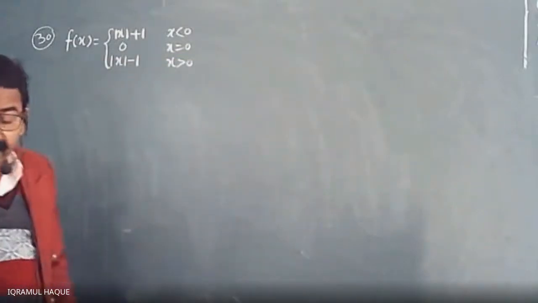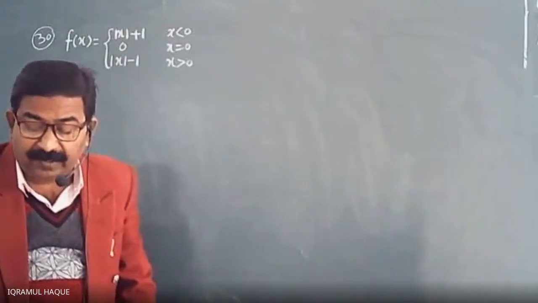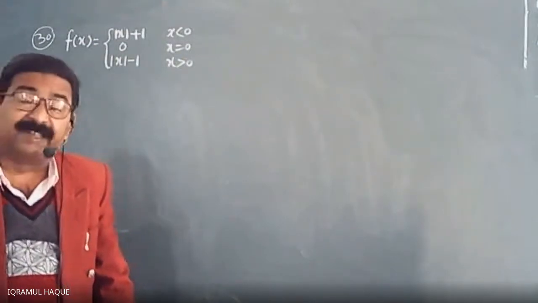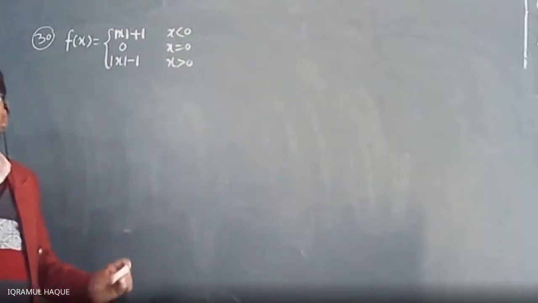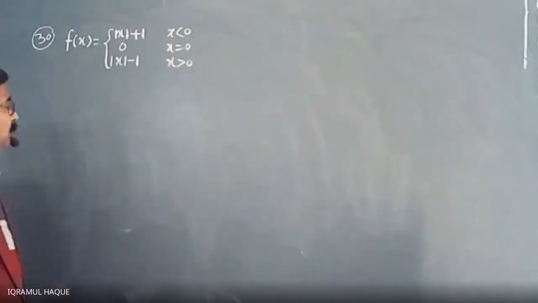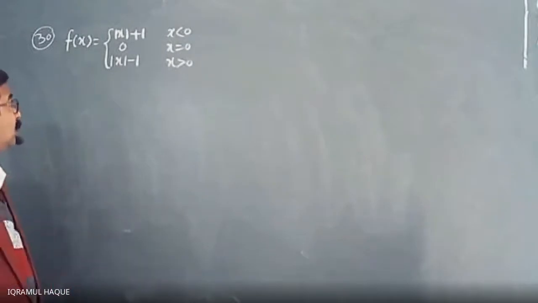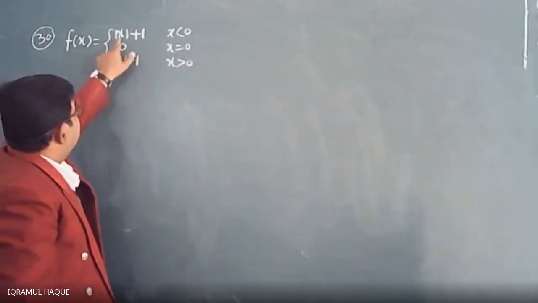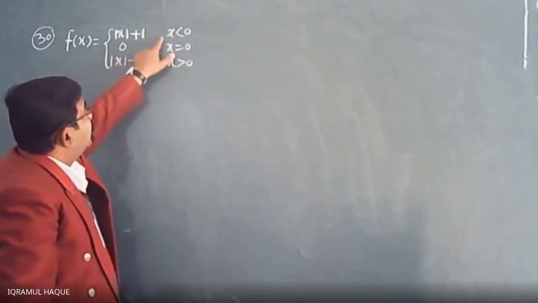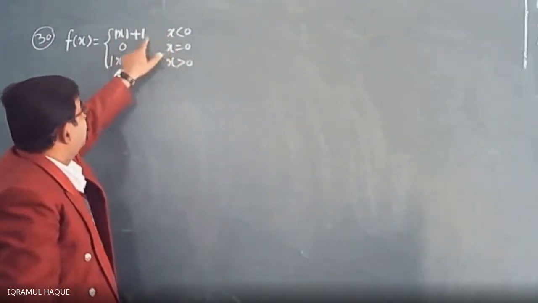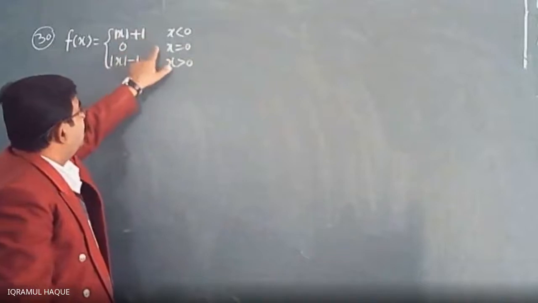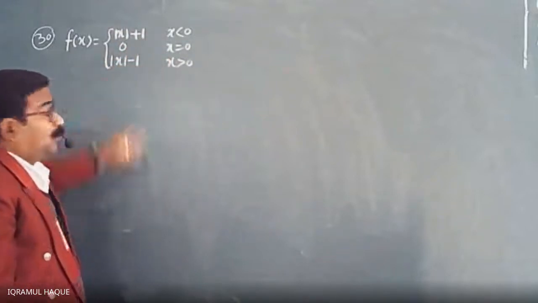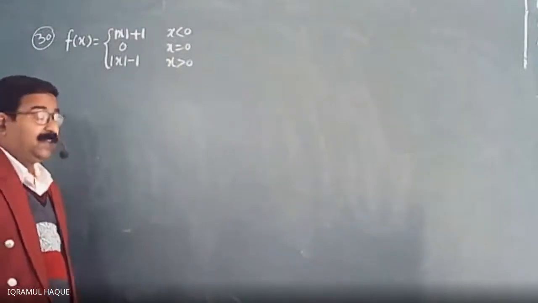So what is given in the question? For what values of a does the limit as x tends to a exist? Means a is any real number. Here we have three functions. The limit when x is less than 0 uses this function, when x is equal to 0 it is 0, and when x is more than 0 it is the third. So we have LHL and RHL.